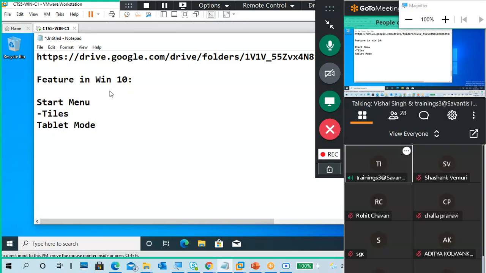We can convert normal mode to tablet mode. One of the features. Next, airplane mode is there. Airplane mode, hotspot, and change desktops. Virtual desktops, yes. Task view. Task view showed virtual desktops.